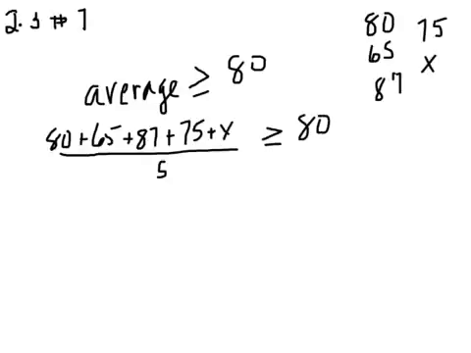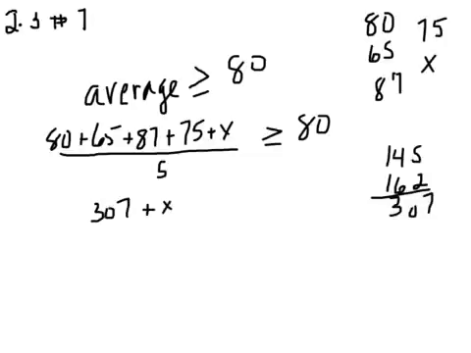Okay, so if you add all that up, you get 307 plus X over 5 is greater than or equal to 80. Okay, that's what I was doing on this side. I just cut the video off to do it so it wouldn't take up so much time. You can use your calculator also. Alright, so if I want to solve for X,